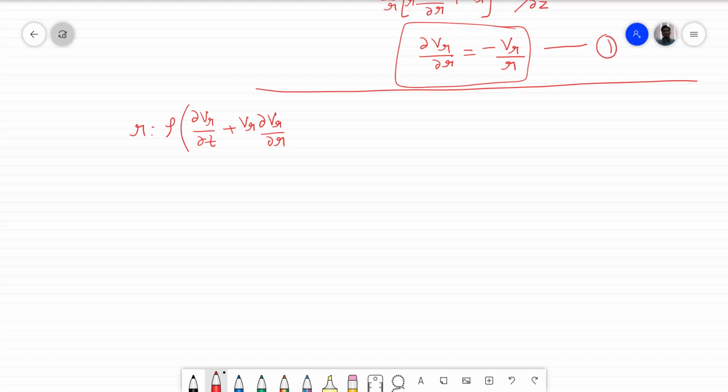By the way, these equations are available in standard textbooks, so you can have a look from there, or you can derive them yourself also, because you already know the equations in their vector form. So you can always derive them in any coordinate system that you want.